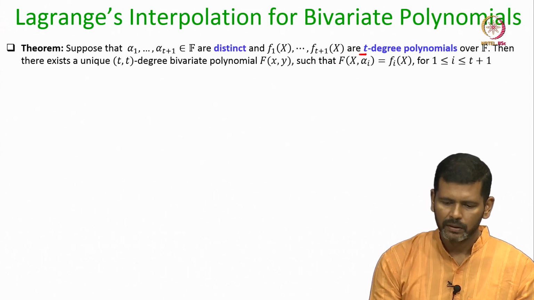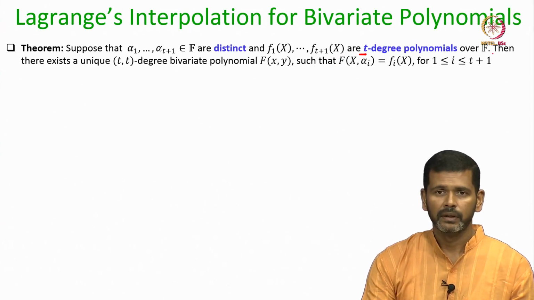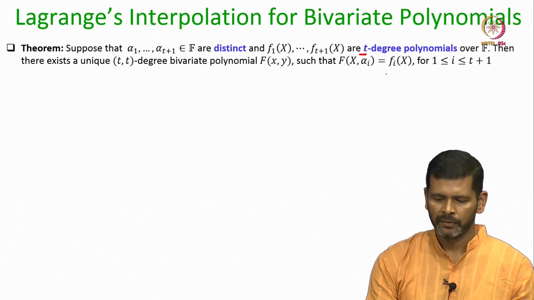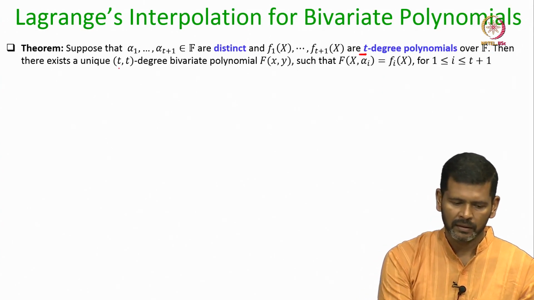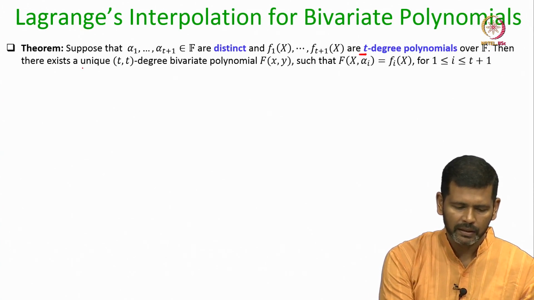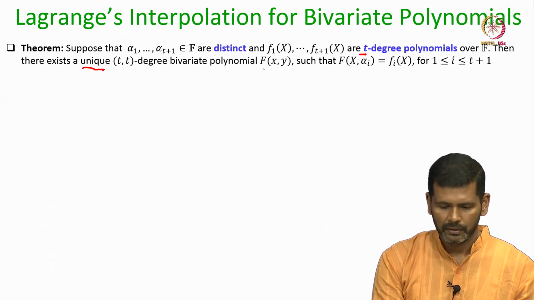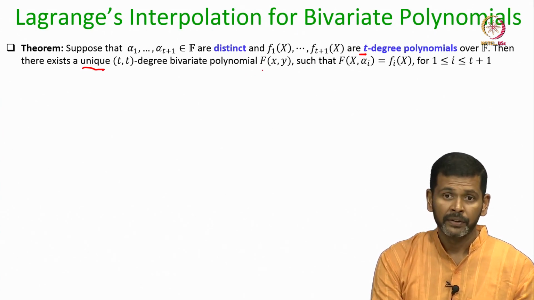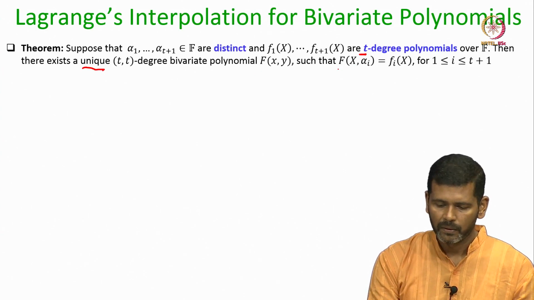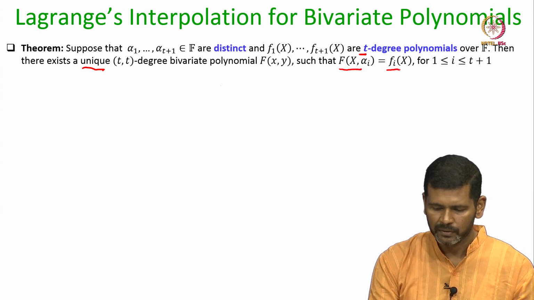If you are given such t degree univariate polynomials, then the statement is that you can always find the unique bivariate polynomial of degree t in each variable, which when evaluated at alpha 1, alpha 2, alpha sub t plus 1 would have given you those